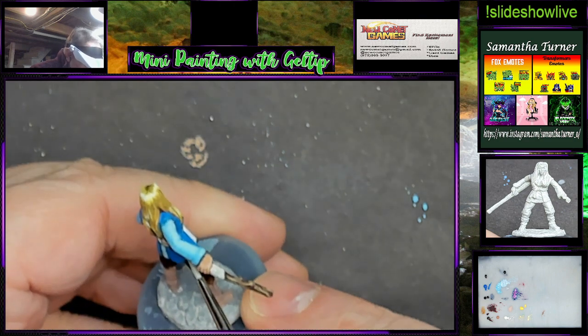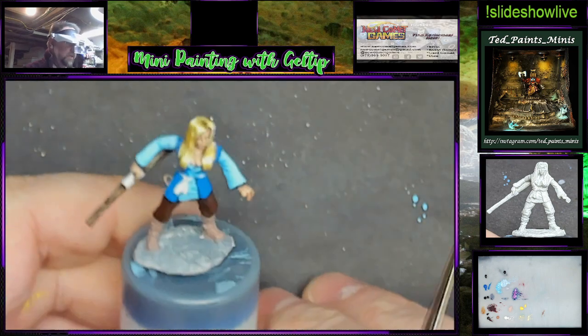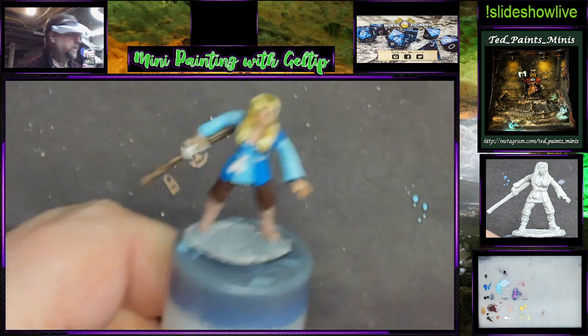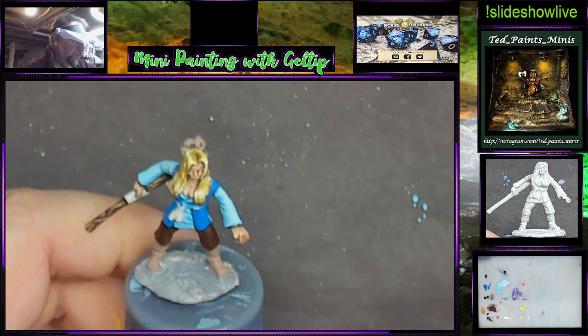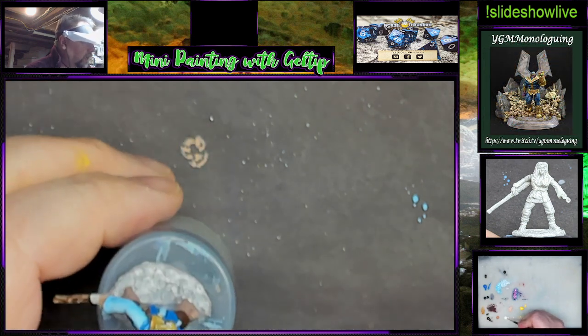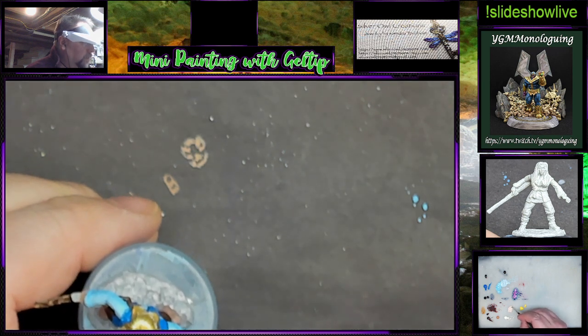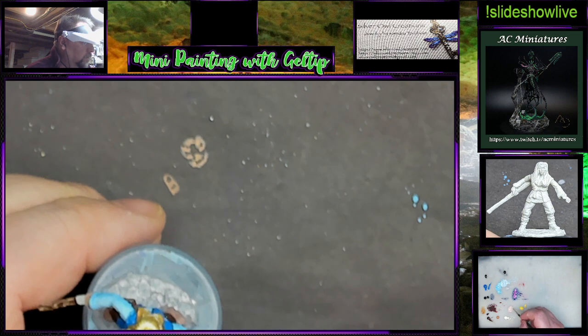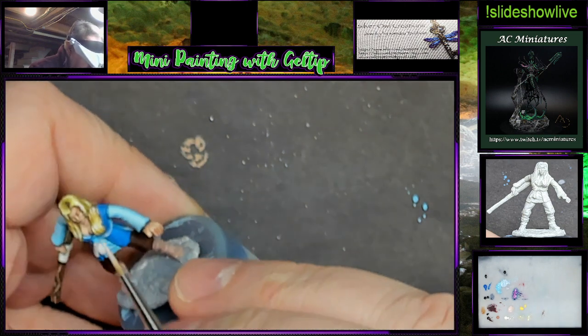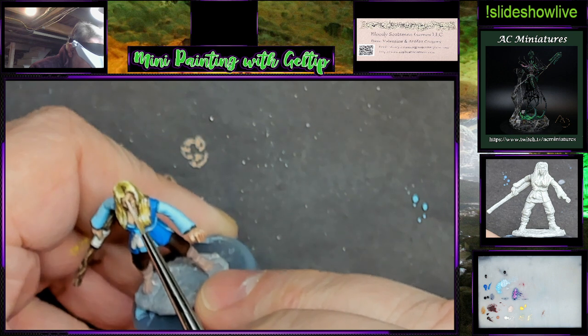And I think what we'll do is this will be where we stop with the top of her for now. I think we did a pretty good job. We'll highlight the face one more time. So we're going to take some of that ivory and mix it into the face. And again, we're going to just go where the skull goes. So this time, I think I might just want to go right up here